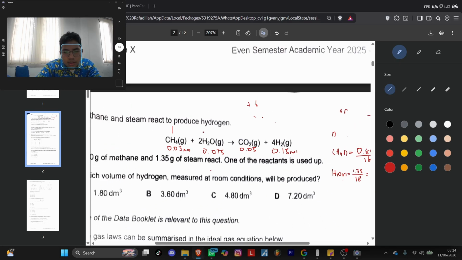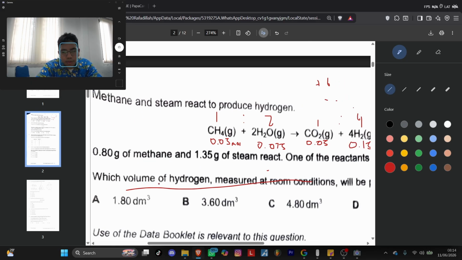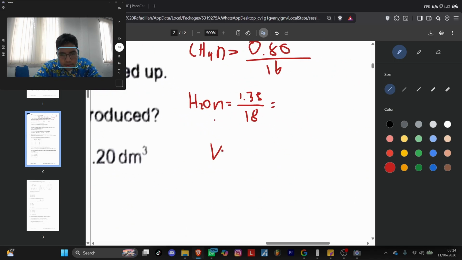This is 1 per 2, and this is 1 per 4, right? So we just need to find the volume of hydrogen measured at room conditions. We know how to find the volume of hydrogen measured at room conditions: V equals n times 24